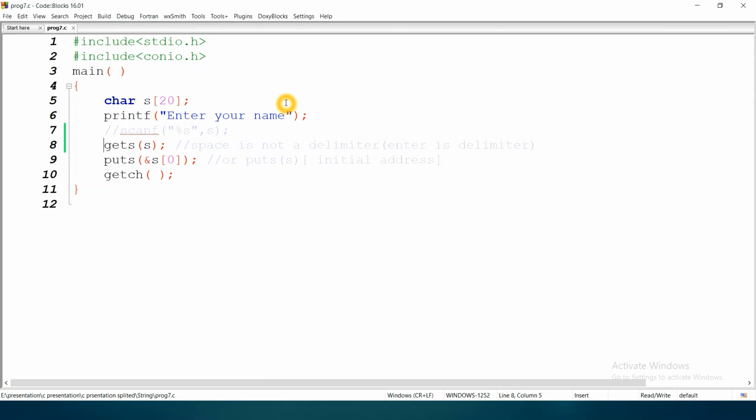In case of gets, space is not a delimiter, enter is the delimiter. But in case of scanf, space is also a delimiter, and enter is a delimiter. That's why in case of gets, because only enter is the delimiter, I get the whole string. But in case of scanf, because space and enter both are delimiters, I only get the first part of the name, not the surname.